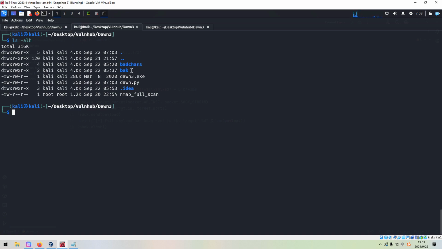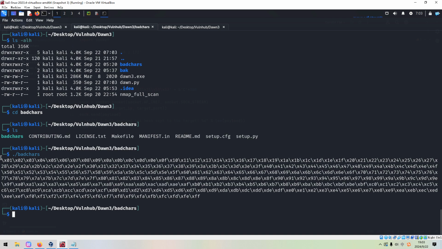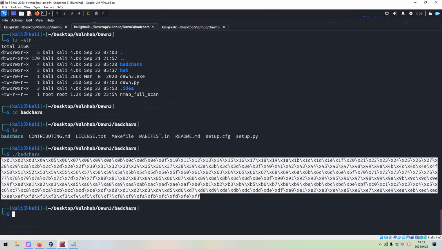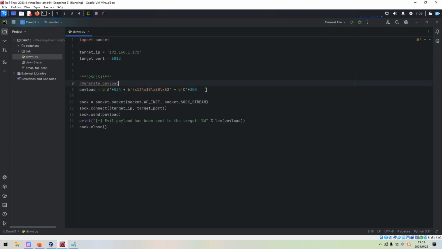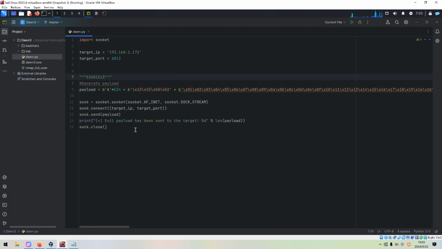You can get it from GitHub, and we can run it, copy these bad characters, and replace the uppercase C's with the bad characters. Okay, so now we can save.